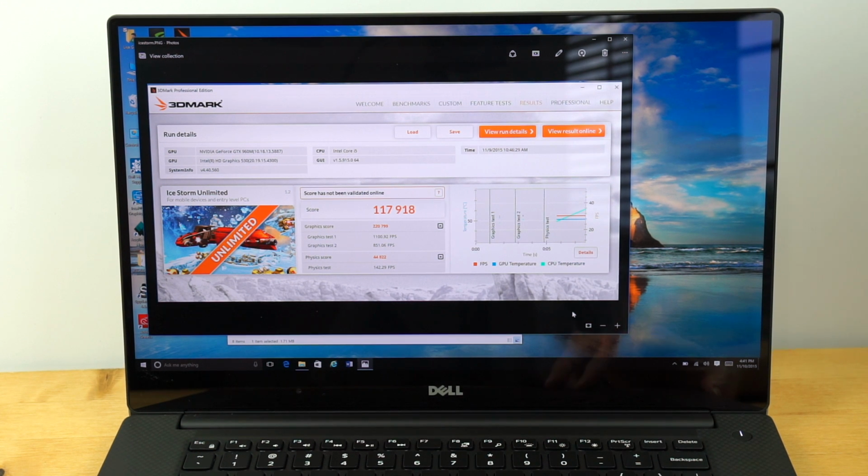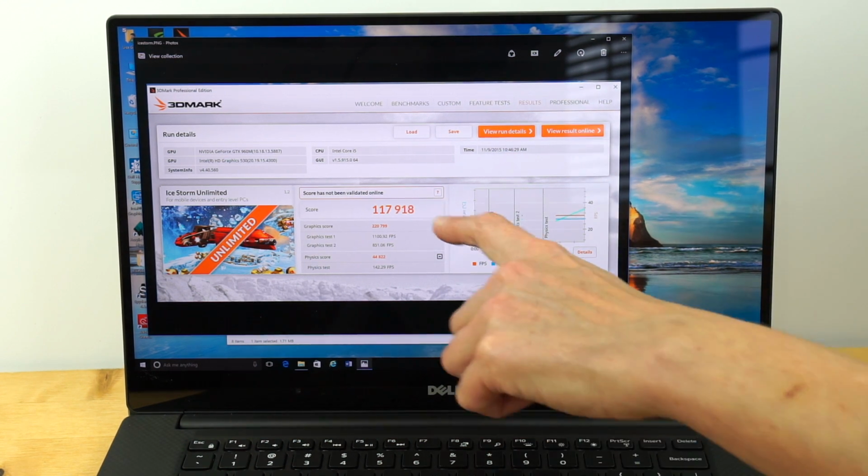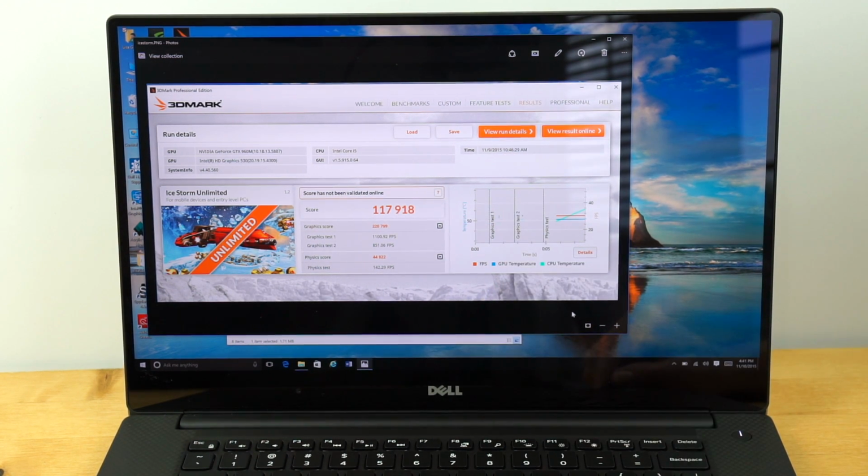If you want to go up to the 4K display, that's the big expense here. This gorgeous 4K display with these over-the-top colors is going to add $500 to the price tag. So if you like this machine and you like the way we have it configured, you're looking at closer to $2,000. Performance will be the same, obviously, if you get the 1080p model in terms of horsepower, graphics, and all that. And you can see our 3DMark score right here for Ice Storm Unlimited,